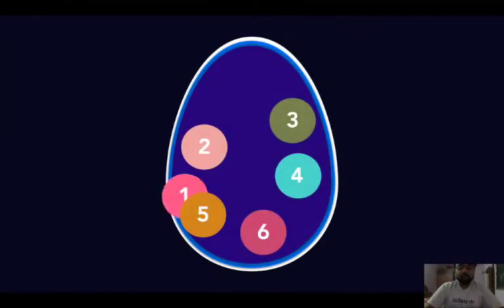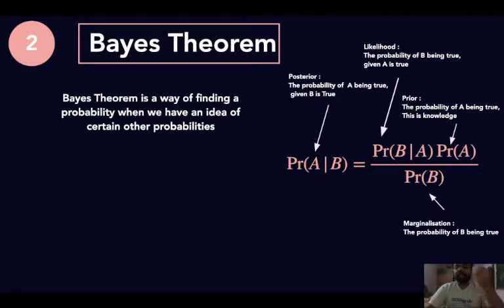So let us move to the second part of my slide. The second part of my slides consists of Bayes theorem. This is actually one of the most important probability theorems that we use today. So Bayes theorem is a way to find probability of something when we have another event already occurred. Let's take a look into Bayes theorem. So Bayes theorem says we need to find the posterior. It is nothing but the probability of A being true given B is true, and then for that we need to have a prior, obviously, and then we would multiply it with the likelihood and finally divide it by the marginalization.